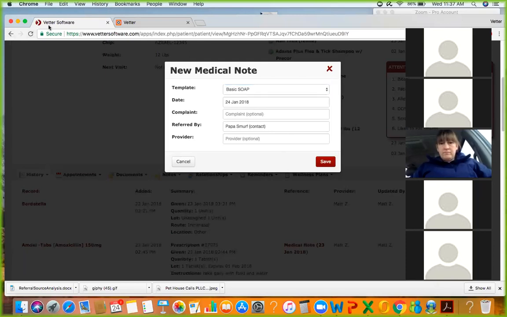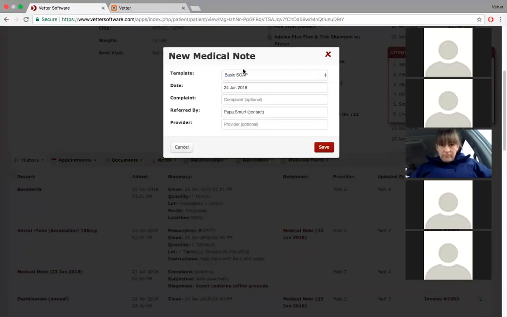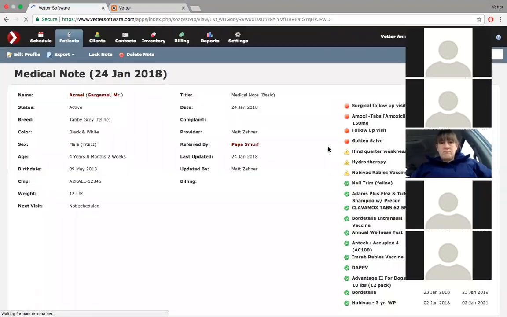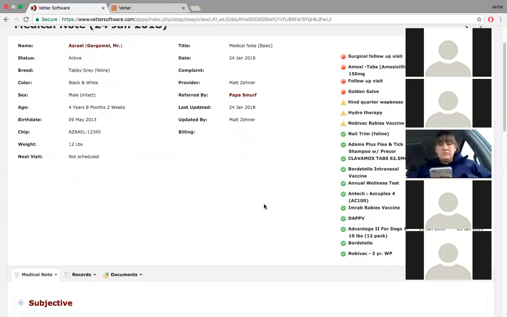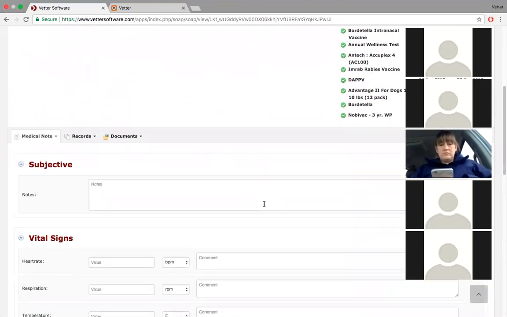Oops, let me close this here. Okay, and I just chose a basic SOAP. I'm the provider here. Complaint optional, I hit save. Now, the advantage of doing this in terms of record keeping, it's the organization and neatness process essentially, is if